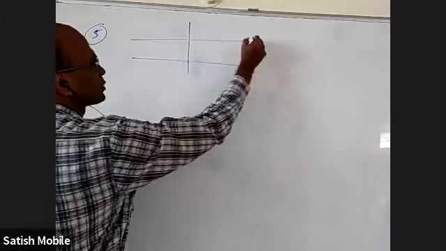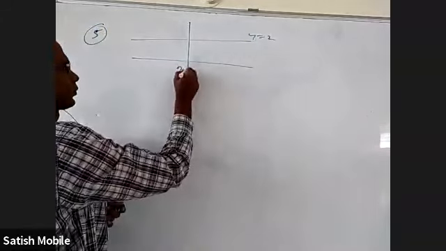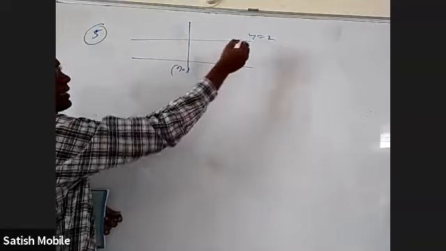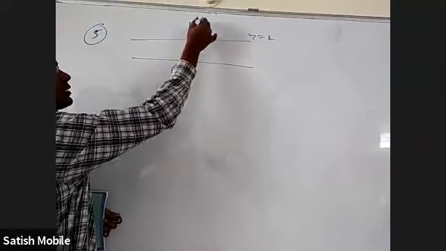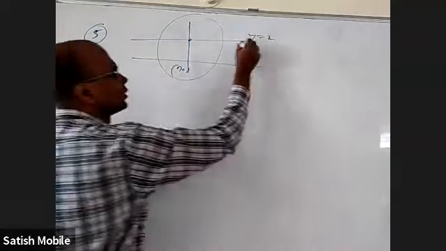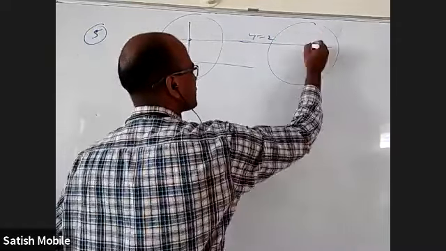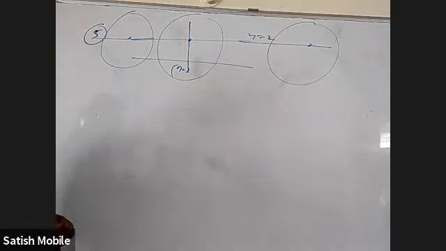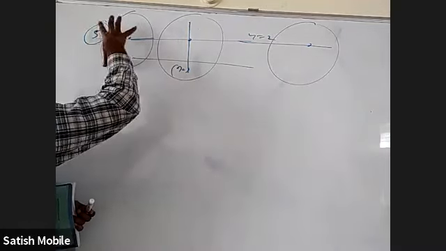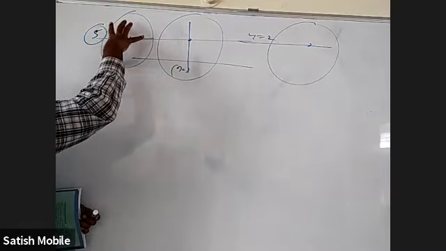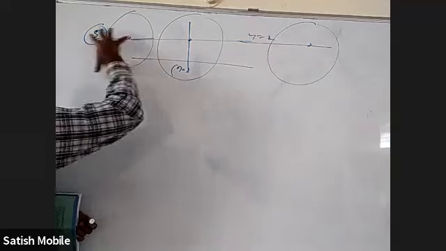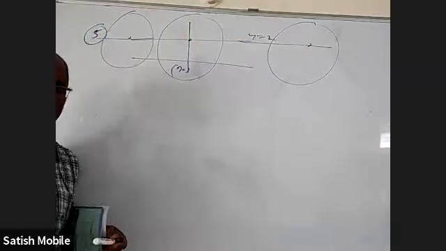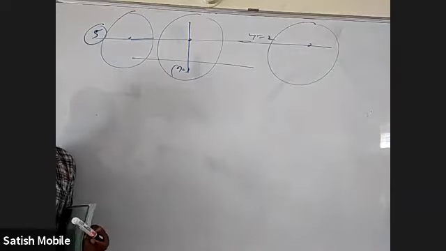So y equal to 2 is a line like this. Having center on this line anywhere with radius 5. So I can take center here and draw a circle of radius 5. Or I can have center here, radius 5. Or I can have center here, radius 5. The center can move on this line. Take a bangle or some circle of radius 5 and make sure the center is on this and move it. We'll get a lot of positions. All of them together, that family will have an equation.